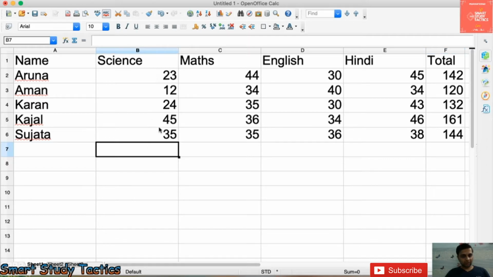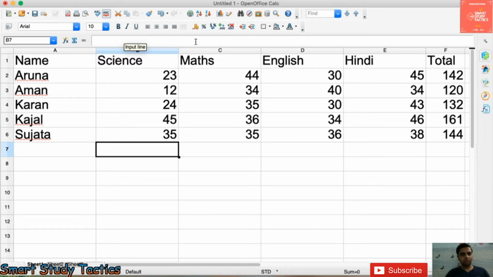Similarly, if you want to get the sum of these numbers, you can write down the same function. But now I am going to do the auto calculation. The function I am going to use is equal SUM. Whenever you are going to implement any formula, this is the formula bar.